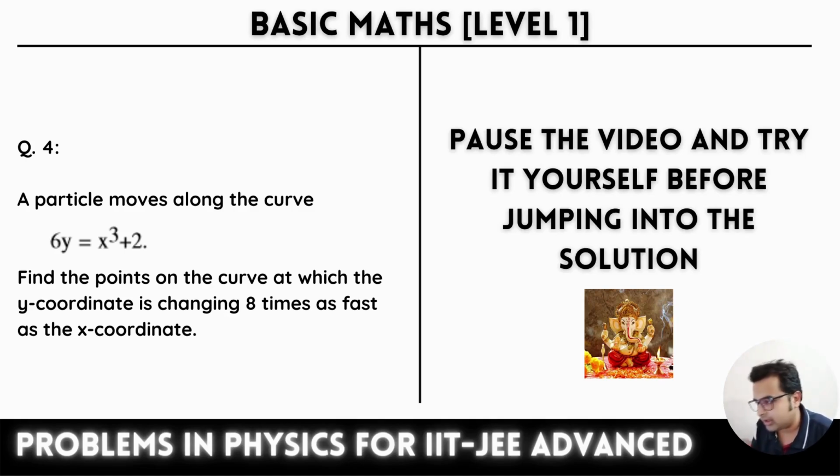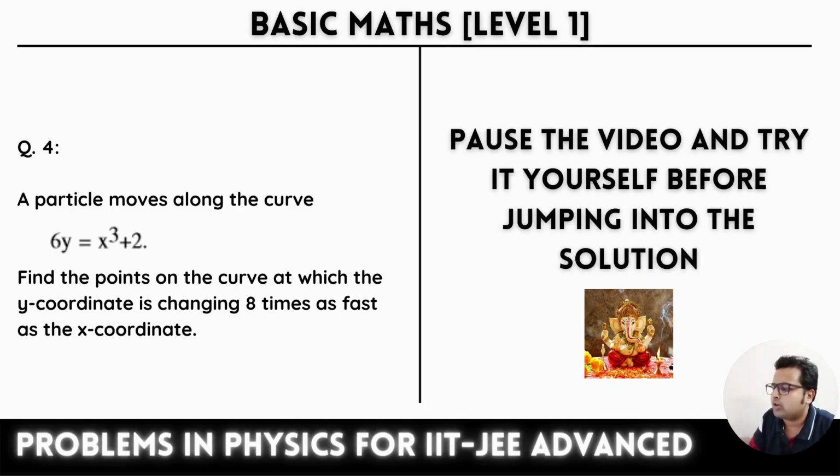Okay. So now here in this question, a particle moves along the curve. So every linear equation represents a straight line. Every quadratic equation represents a curve, or any polynomial represents a curve. So a 2-degree equation is a parabola, a 3-degree equation will have some slopes. So this you might be knowing. So definitely here an equation, a polynomial is given. It contains two variables y and x because it is an xy plane. So it is representing a curve. So curve, we can say that it is a path. Okay, so a particle is moving along this path.